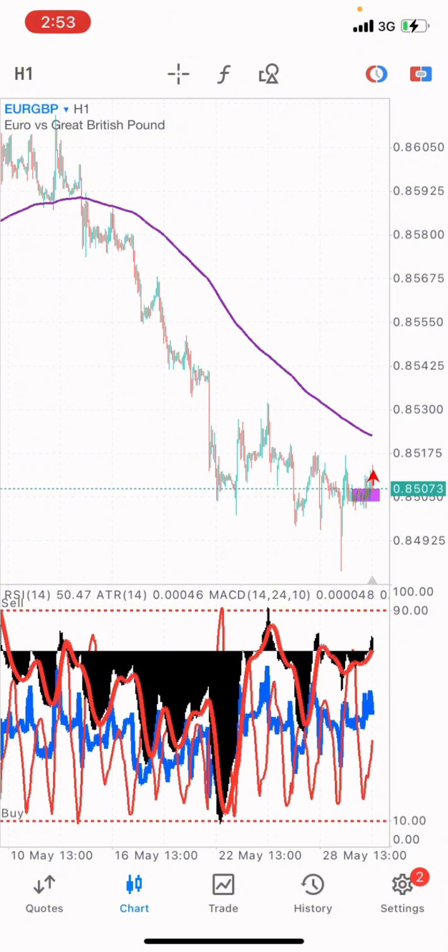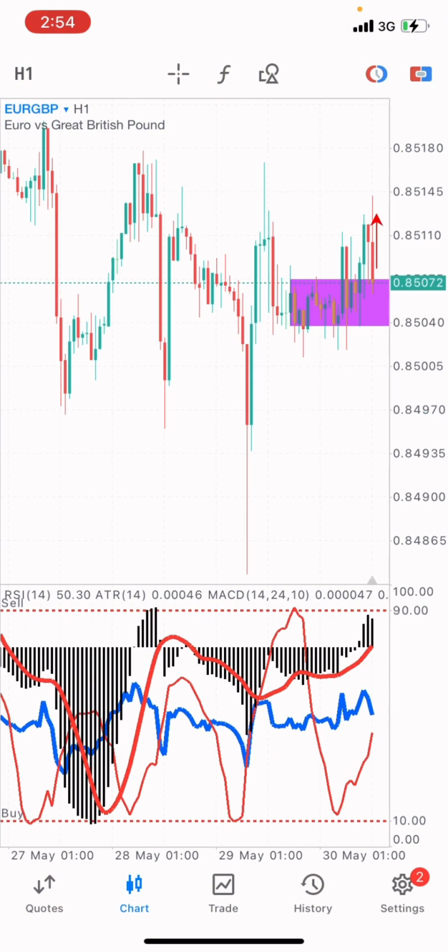But currently right now, I'm not going to place any trade because I'm not seeing a good entry point for a buy. So I just showed you guys how to analyze the forex market on Euro GBP trade. It might be other indices, it might be that type of currency pair, but right now in the Euro and the Great British Pound market, I'm not seeing a good entry point for either a buy or a sell. Okay, the market is not giving a good entry position right now. All right,